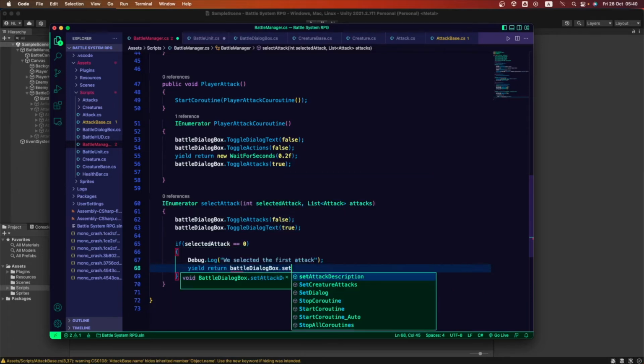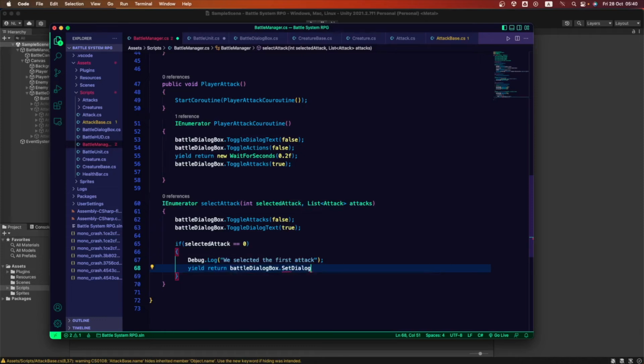We're gonna go into the set dialog method, and here we're gonna write a string, and this string is gonna say the attack that we are performing. So we are gonna say you used, and we're gonna open curly brackets so we can access that data inside our attacks list.